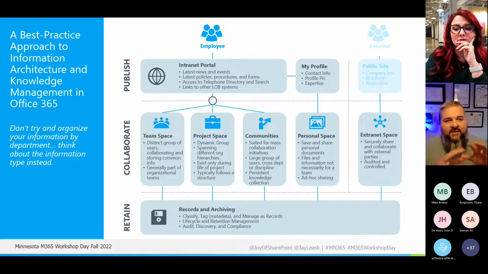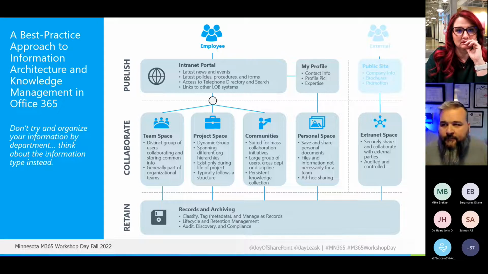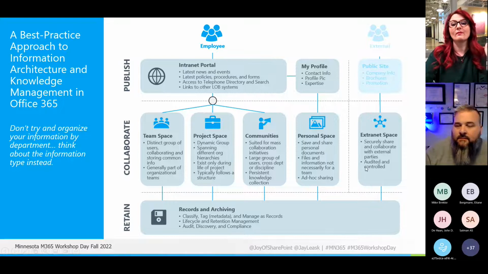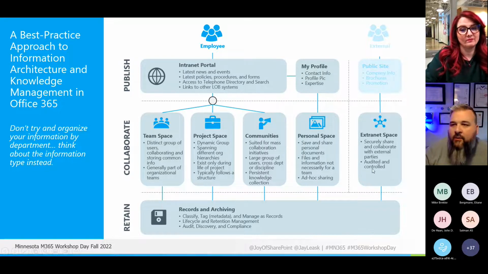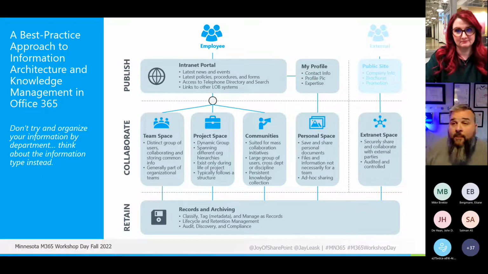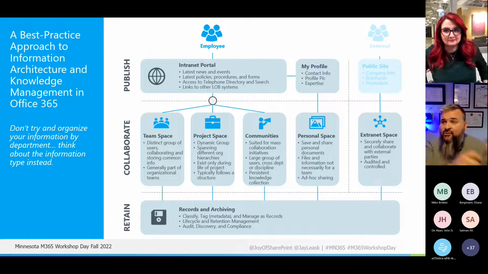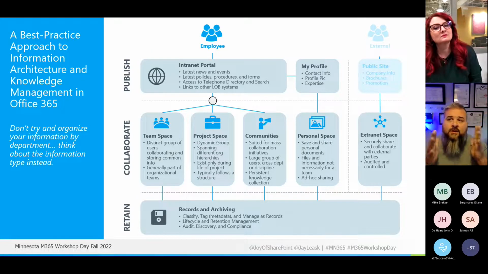And so you've got these 3 types. Then you have a personal space, like we talked about with OneDrive, where I just need to create something I'm testing out before I share it with a larger group. And then, of course, you have this concept of an extranet, the idea of being able to share externally outside. I will sit down and talk with people I'm doing this kind of workshop with for an hour about the types of workspaces they need, and we try to bucket everything to as small a group as possible.